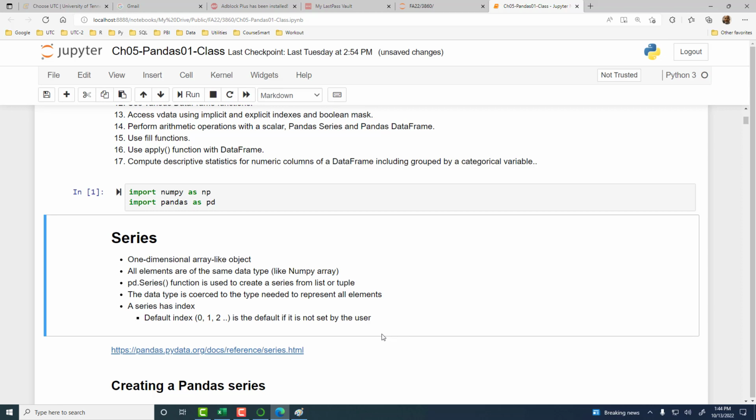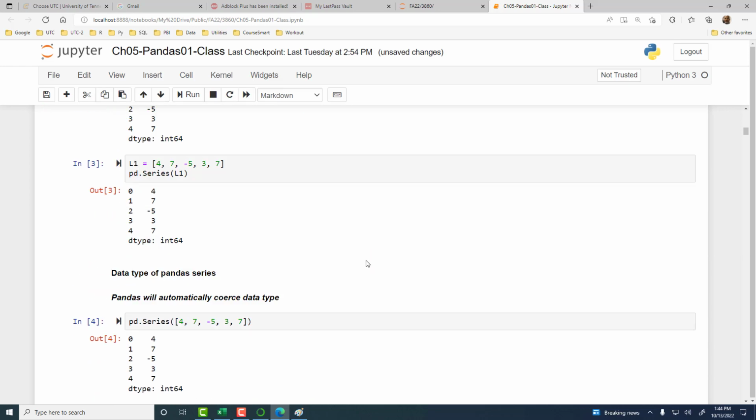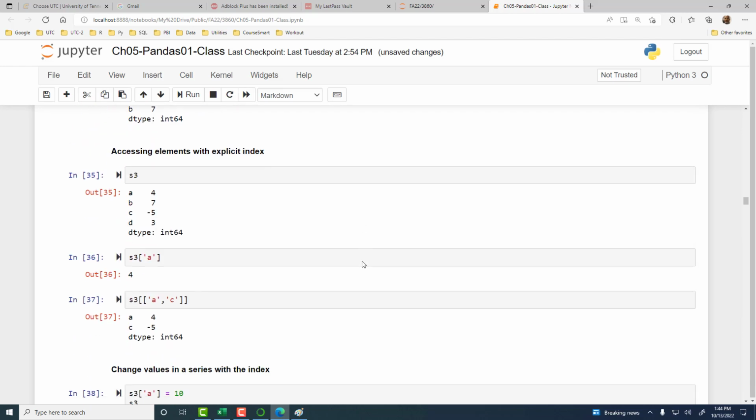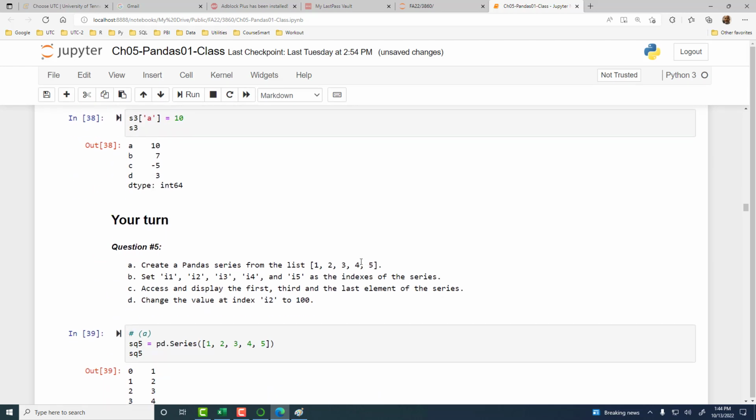Okay. So there are two categories of data model that Pandas offers us: Pandas series and Pandas data frame. Pandas series is what we have been discussing. Pandas series is like a one-dimensional NumPy array, okay, and all elements will have to be of the same data type, and it has one additional property that NumPy arrays do not have, and that is it has an index